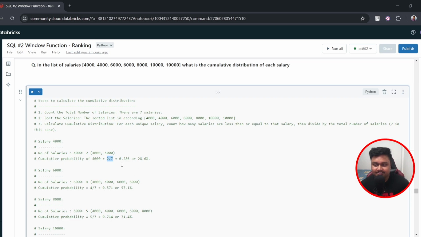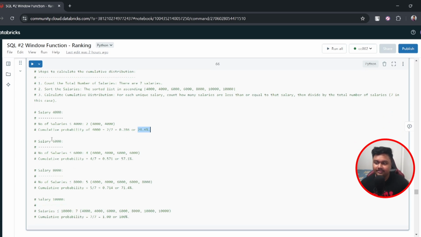So what does this mean? The cumulative distribution or cumulative probability of 4,000 is 28.6%. Similarly, if we take up another example, let's say 6,000, we check the number of salaries that are less than or equal to 6,000. And if we look at the list, there are 4 salaries which are less than or equal to 6,000. So 4 divided by 7, we get 0.57, and the percentage is